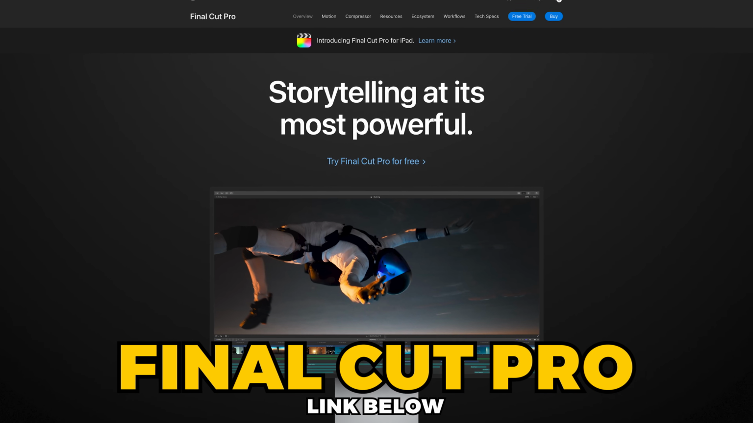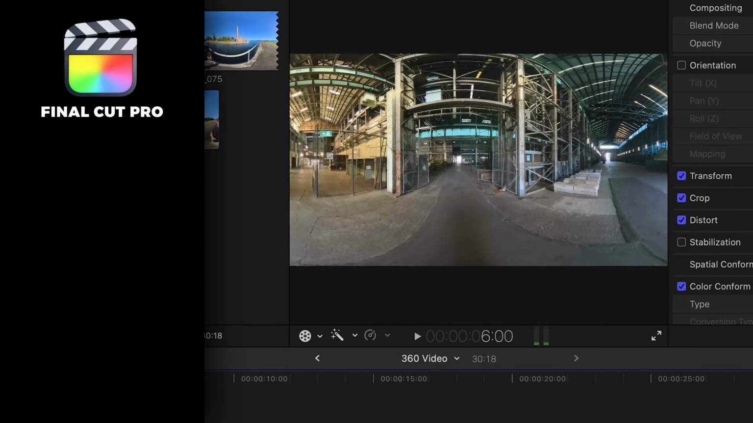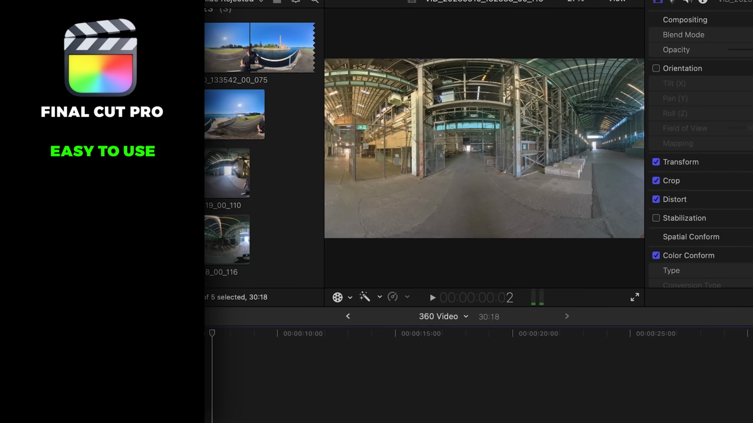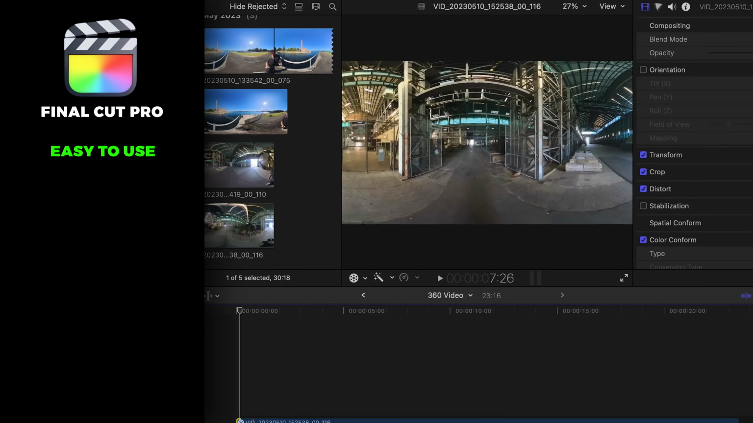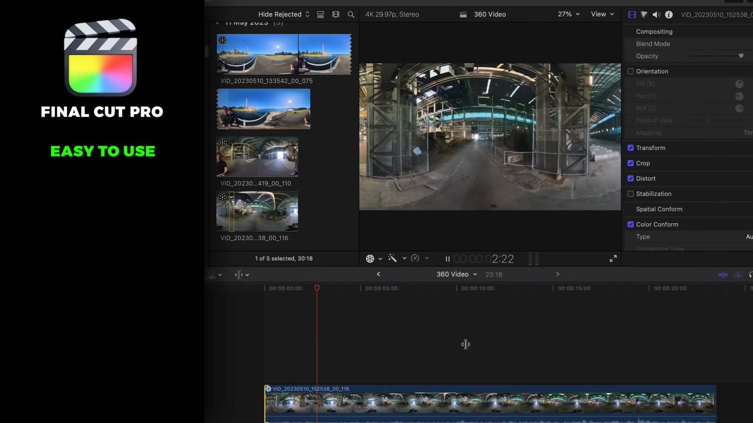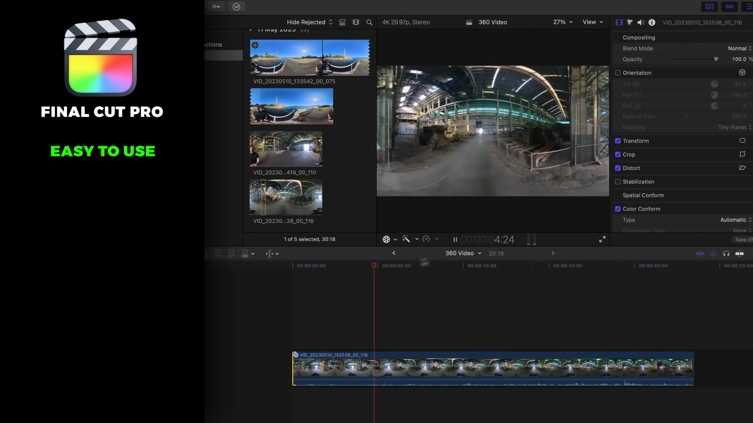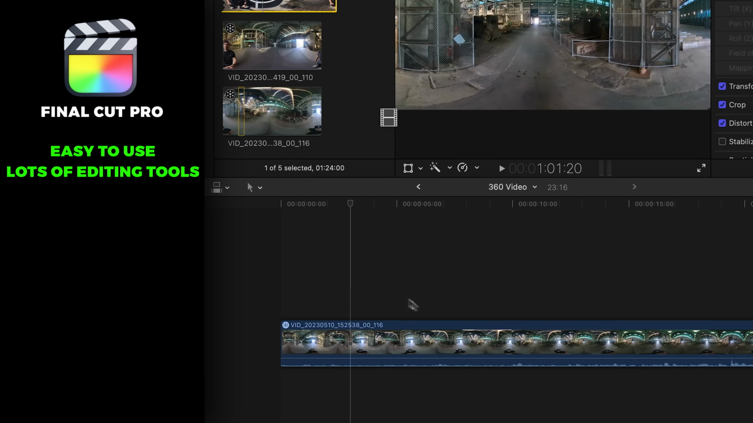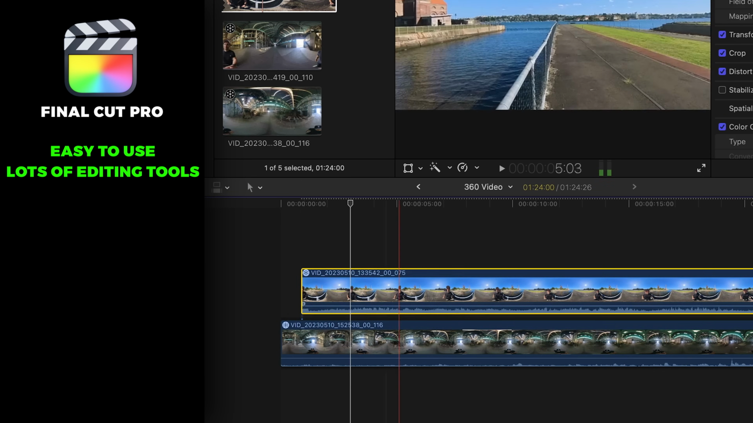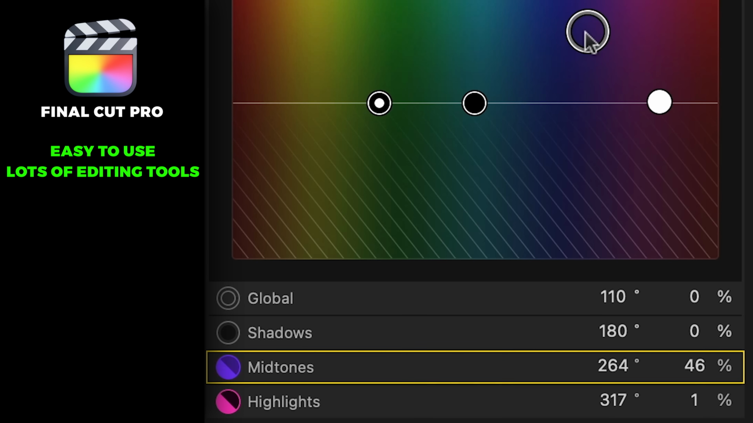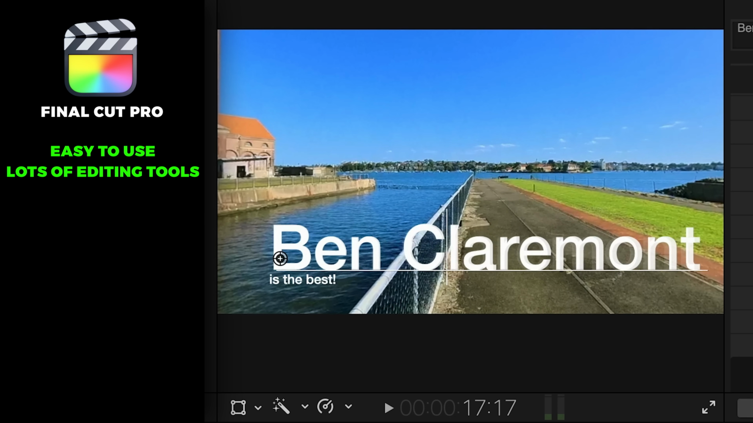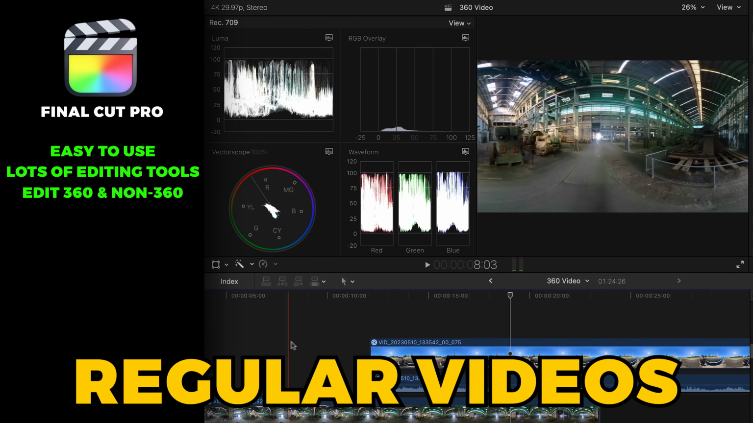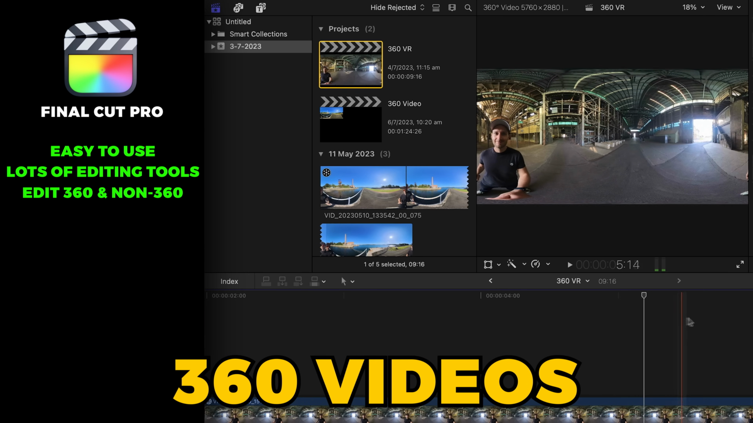Finally, there's Final Cut Pro by Apple. The pros of using Final Cut Pro for 360 video editing are: it has an intuitive interface. Final Cut Pro has an intuitive and user-friendly interface, making it easy to pick up for both beginners and more experienced users. That said, it still has some pretty comprehensive editing tools, including multi-track editing, advanced color correction, audio editing, text, graphics, and more. Just like Premiere and Davinci, it also has multi-format support, being able to edit both regular